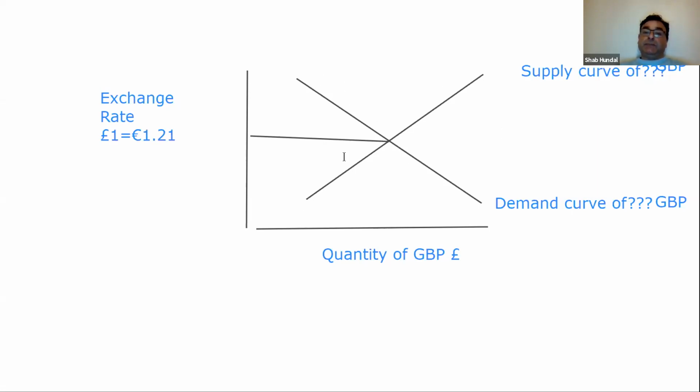The demand curve and supply curve of pound. Like demand for bread, the demand for the exchange rate is also downward sloping. So if the pound is expensive, let's say 1.60, pound. On the other hand, supply of pound will be,